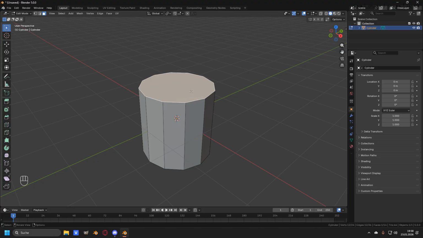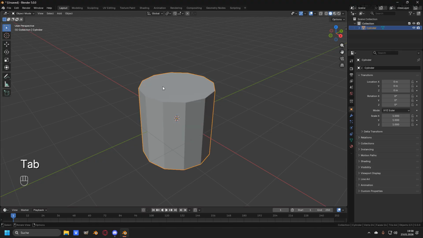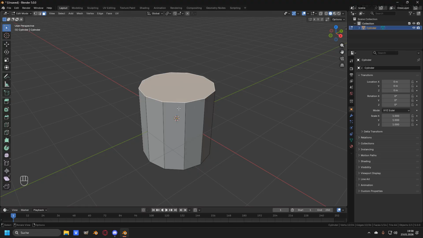And all of these faces, edges and vertices are only editable in the edit mode. If you press Tab again to go back into the object mode, you can see that you're only able to edit the whole object itself, but not the geometry of the object. So let's go back into the edit mode by pressing Tab again, and now let's scale up